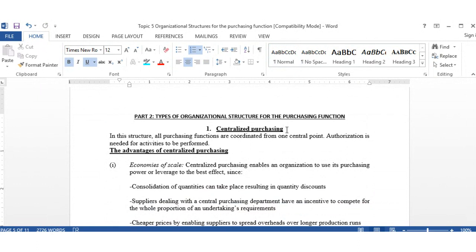But the food for the staff is centralized, such that they buy it from Nairobi and then distribute it by air to every other location. So that's the difference between centralization and decentralization. Centralized purchasing is where you buy at the headquarters, you buy